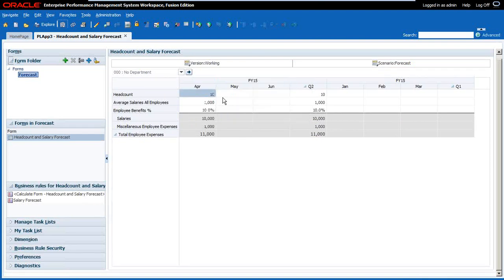You see when I input my head count and average salary of all the employees, my total salary gets calculated. So my total salary equals head count multiplied by average salary of all the employees, and employee benefit is 10% of my total salary, which is 10% of my 10,000, equal to 1,000, and my total salary is 11,000. See, once again I input values for my head count, average salary and benefit percentage,